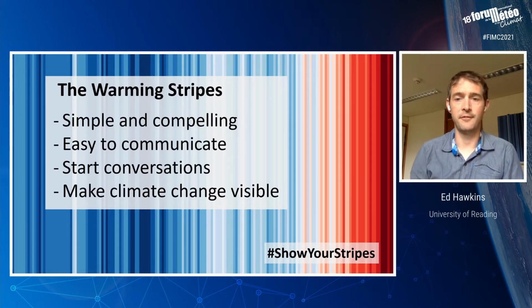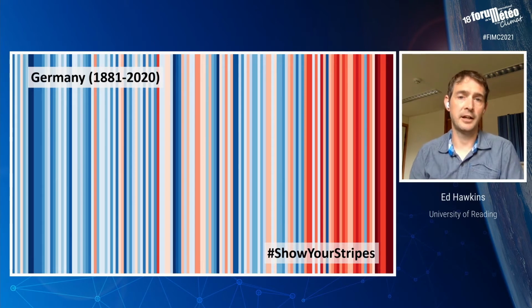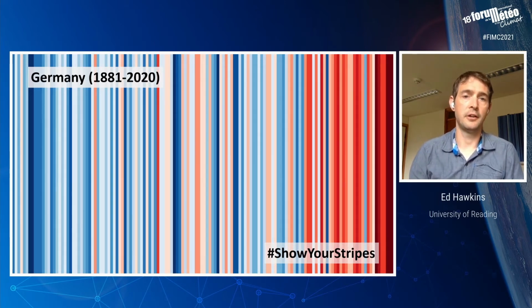And so, for example, if you're in Germany, then you can go and find the stripes for Germany, which show, again, a change from blue colours to red colours as time goes on. Germany has warmed up just like the rest of the world. There are more variations from year to year if you look on the smaller scale of a country,